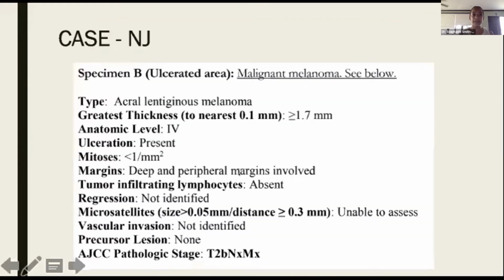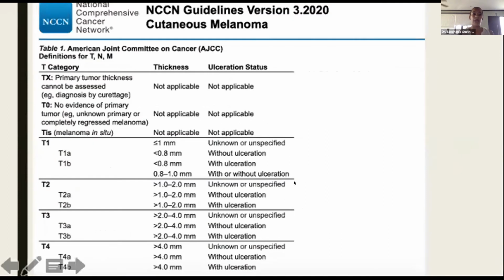So let's go back to our case quickly. As we mentioned before, the diagnosis was acral lentiginous melanoma with a Breslow's depth of at least 1.7 millimeters and ulceration was present. So when we see these patients, what do we do? How do we proceed from here now that we've confirmed our diagnosis? Well, of course, we want to stage our patient. And of course, the NCCN guidelines break it down nicely for us on how we stage these patients. First, we would determine their TNM classification. So for our patient, he had a thickness of 0.17 millimeters with ulceration. So this puts him at T2B.